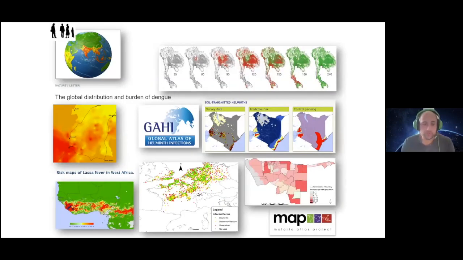And population information is very important. Again, we see it is required for a vast array of epidemiological topics, for example, malaria, dengue, Lassa fever. We need to know how to allocate resources, vaccines, how hospitals should be built. And if we don't have a denominator, the number of people, all of these otherwise simple computations become very, very challenging.